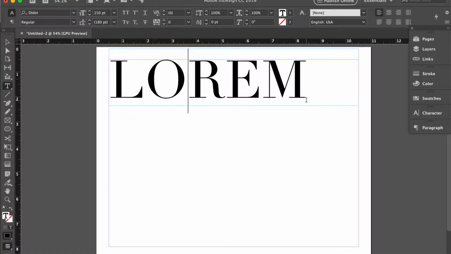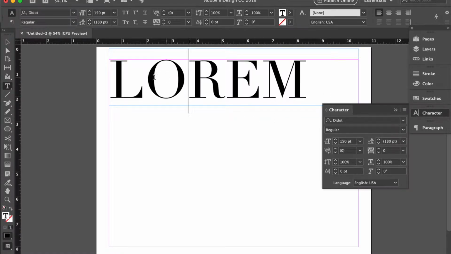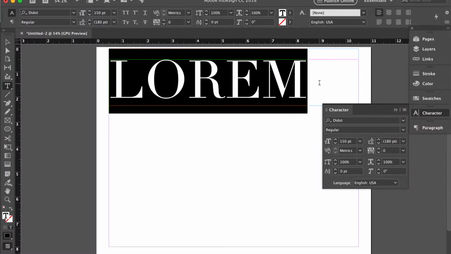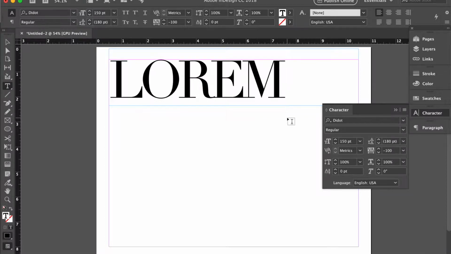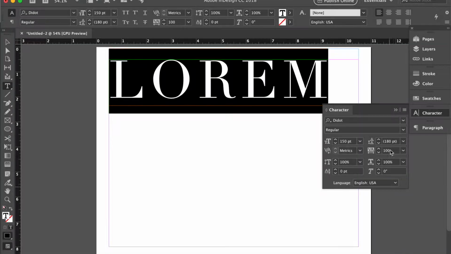I'm going to use my character panel here because I'm a little bit old school. What I'm going to do is highlight some text, and if I go here to my tracking, you'll see there's some drop-down options to actually control the tracking overall. I can also type in a custom value, but let me just show you what it looks like. So I'm going to do -100, and look, that really tightens it. That's crazy, right? The negative numbers reduce the space, the positive numbers add more space.